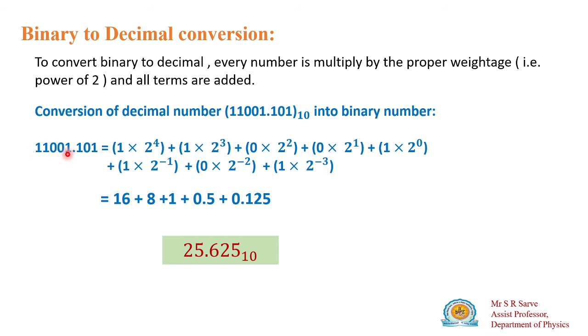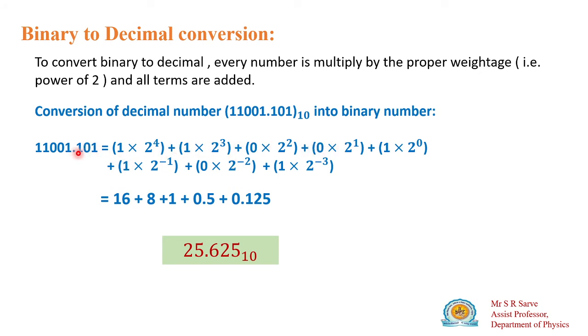So this is the first, it has 2 raised to the power 0, 2 raised to the power 1. Multiply this digit with 2 raised to the power 0, this with 2 raised to the power 1, this with 2 raised to the power 2, this with 2 raised to the power 3, this with 2 raised to the power 4. Then by multiplying these numbers, then add those numbers. Then what to do with all of them? We have to add them.